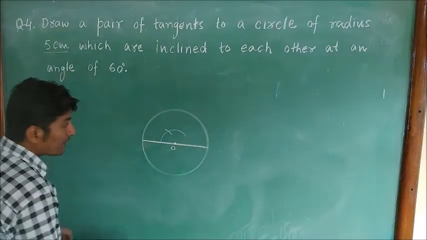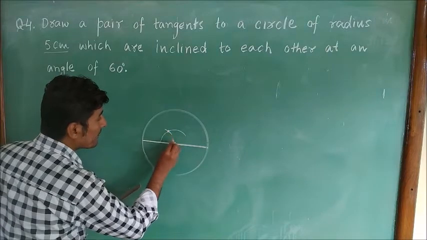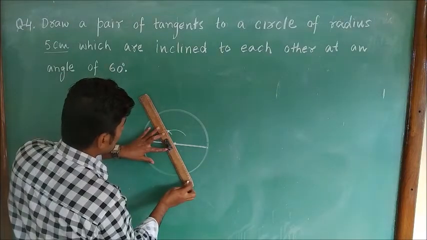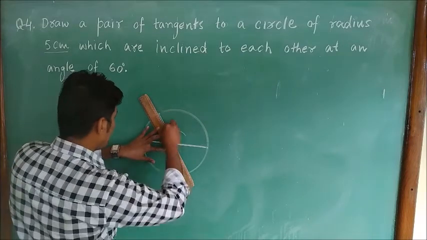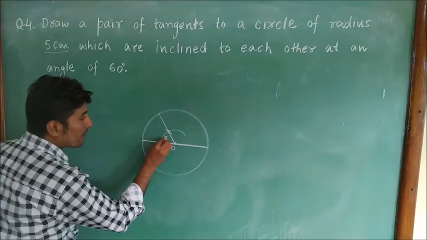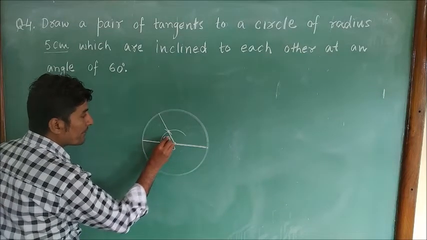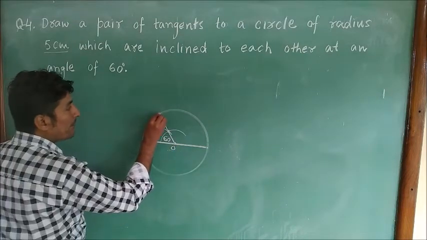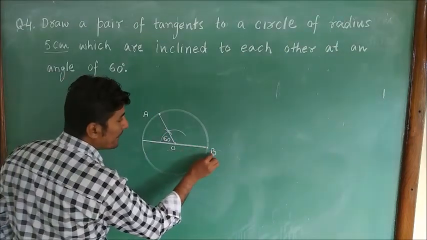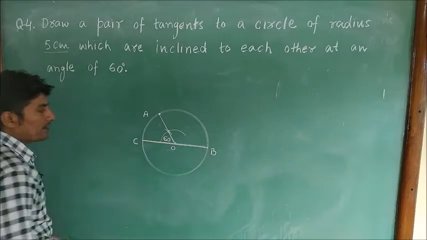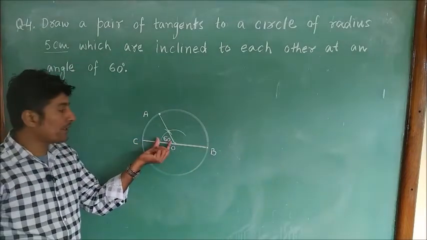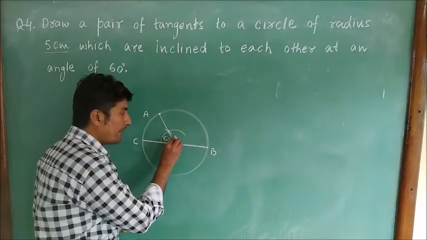After that, we will join these 2 points. Measurement of this angle is equal to 60 degrees. Suppose the name of this point I have taken as A, this point as B, and this point as C. Measurement of this angle is given 60 degrees. Measurement of this angle will be equal to